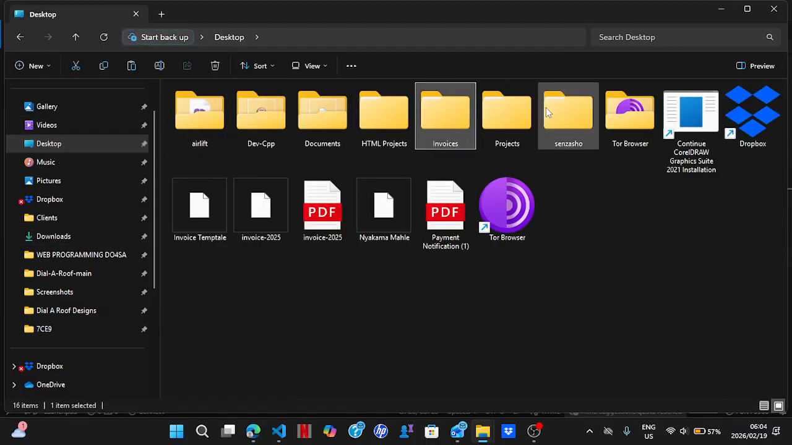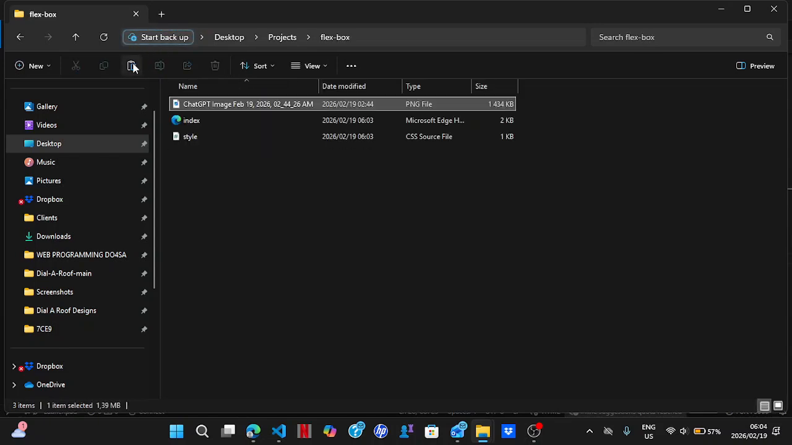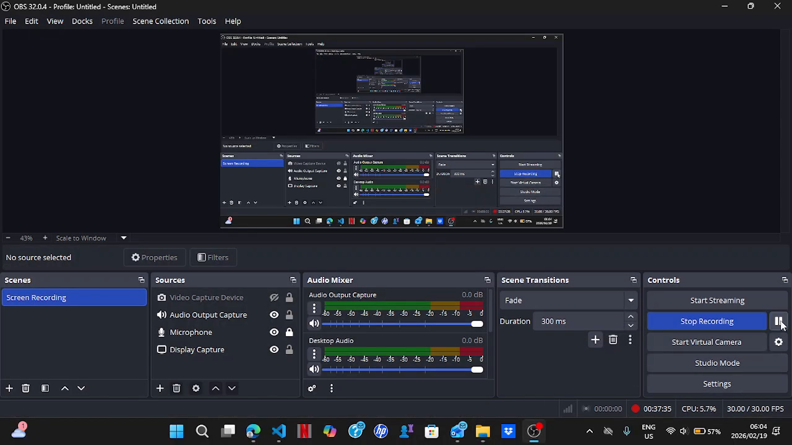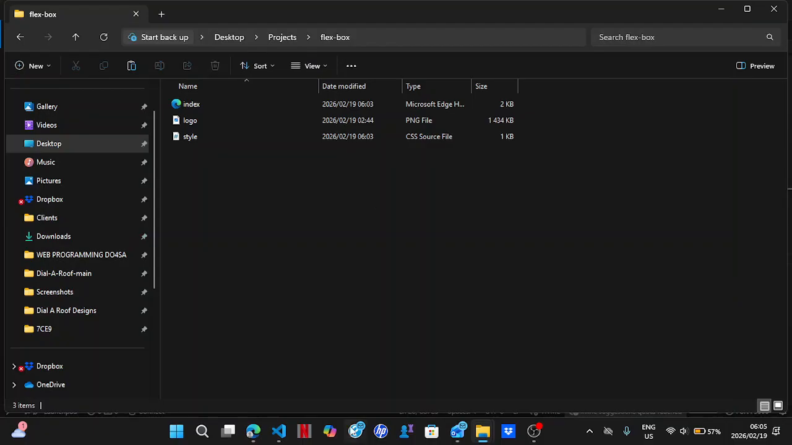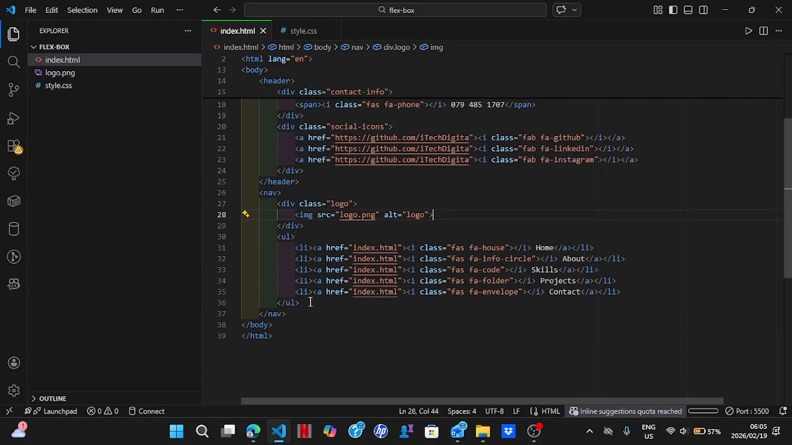Desktop. Let's go to projects. Flexbox. Let's paste. And then let me just say logo like this. So there's a logo there. So let's just put the logo there. Just say logo, an alternative logo,